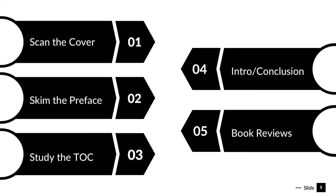If you have a little bit more time, and you can spend a little bit more time, because the 3 steps I've mentioned right now would literally take you less than 5 minutes to do. So if you have a little bit more time to spend on this, then begin by reading the introduction and the conclusion. And that's either, if it's a book, reading the introduction and conclusion chapters, and even if it's just an article, reading the introduction and conclusion paragraphs of the article or the specific chapter, because that will tell you